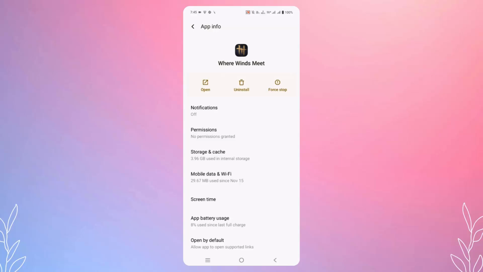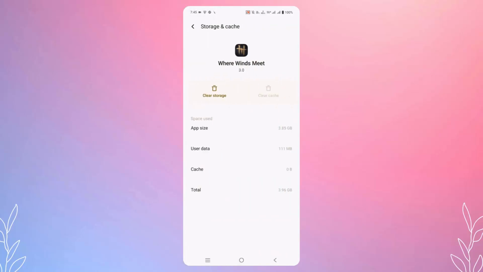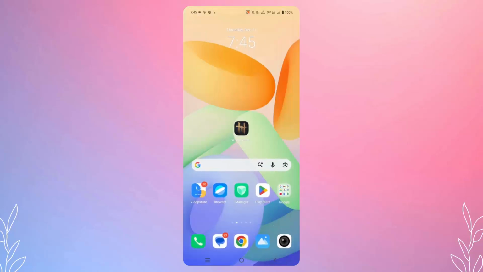If this doesn't resolve the issue, you are suggested to go to storage and cache and then click on clear cache option, and once you cleared the cache of the particular game, now try to open the game and check whether it's working or not. If not,